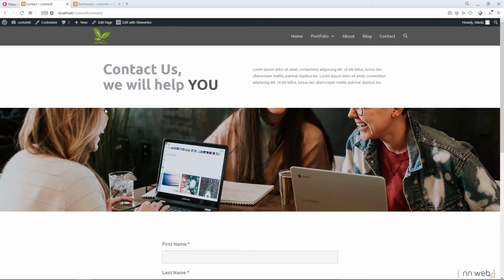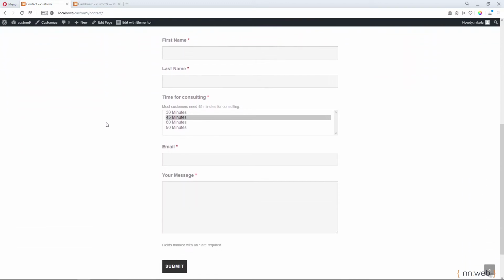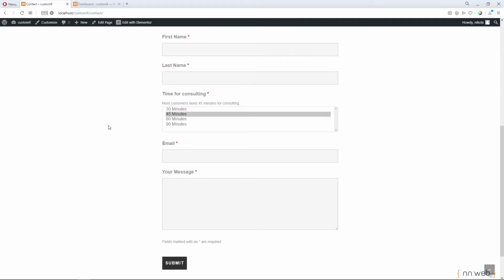I don't want to recreate the whole page. This page was built in Elementor in free version. This is the title, few sentences of dummy text, one image, and our contact form. For example, let's imagine that we are a consulting company, and here we have few fields and submit button with